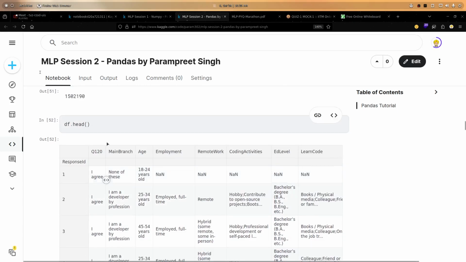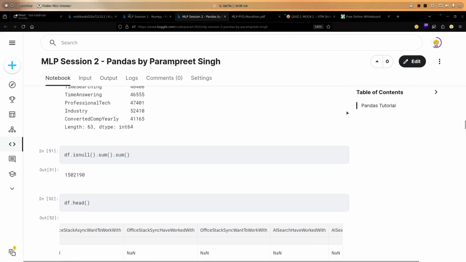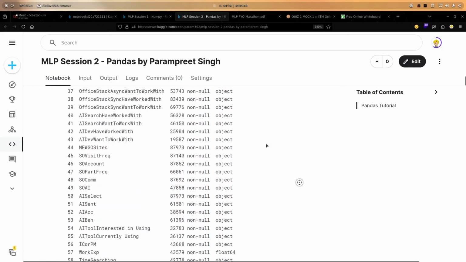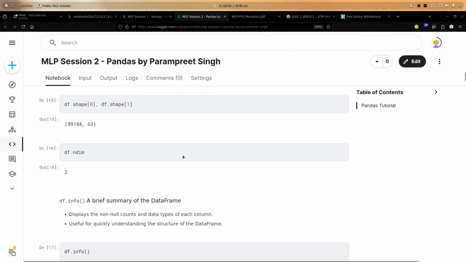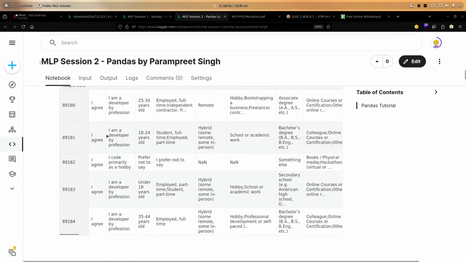But if we use df dot shape, shape is a attribute, it is not a function.